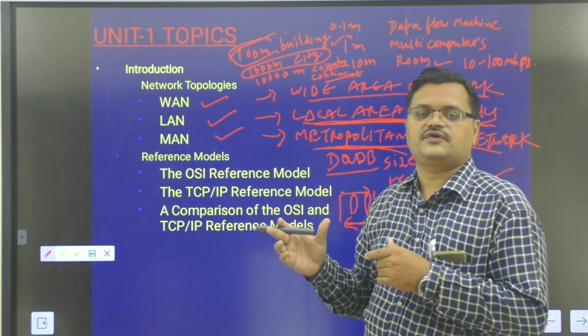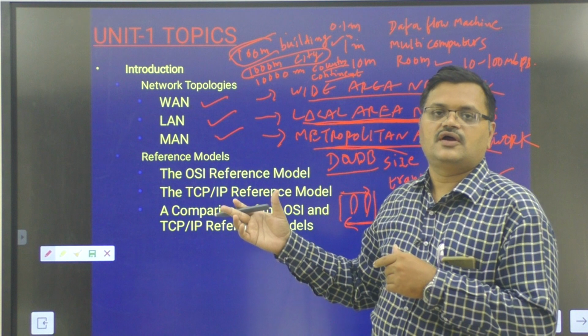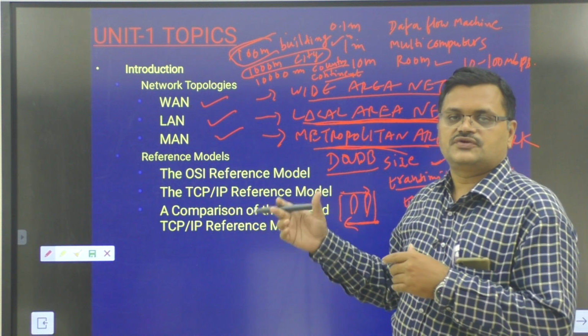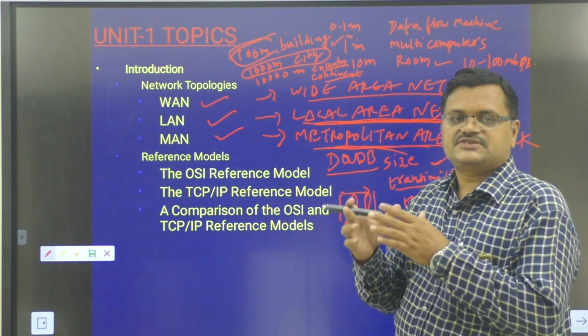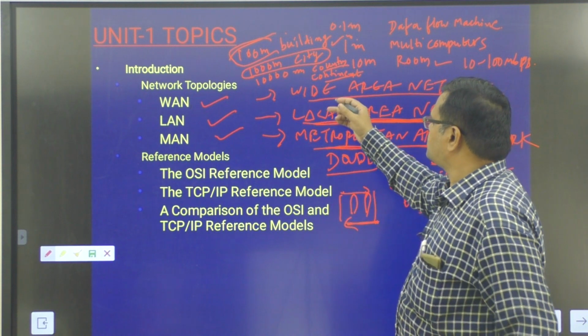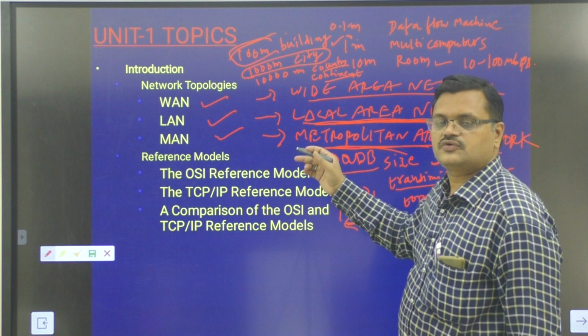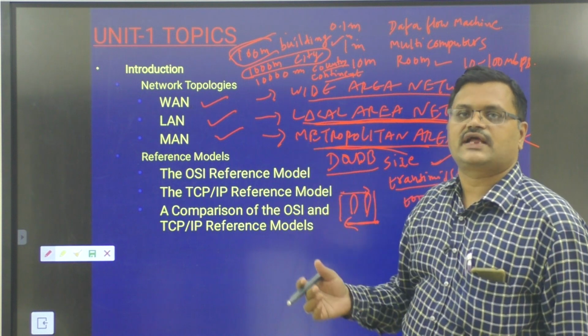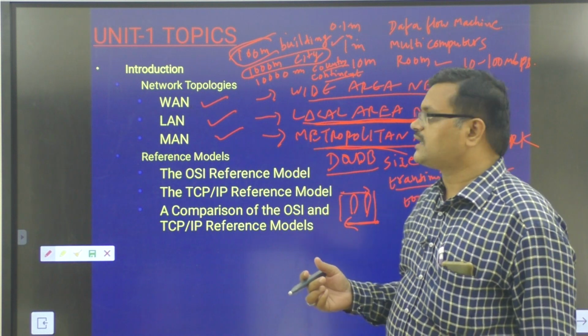255.255.255.255 in IPv4. Like that, there is a specific address designated for the transmission to the local area network or wide area network. That is nothing but broadcasting. Okay. Whereas in case of